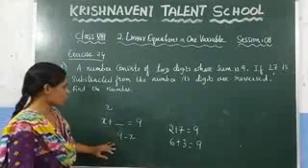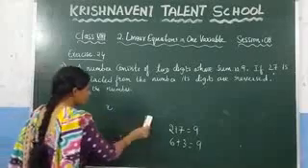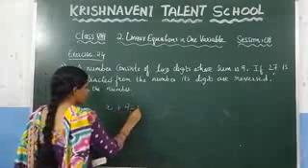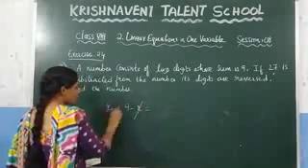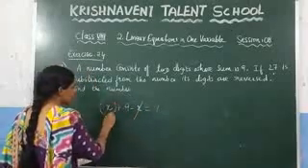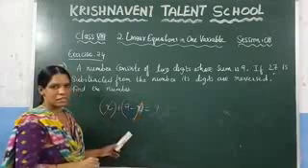Now we got the 2 digits, and they said that if you add those 2 digits, you will get the result as 9. You can check it here. This x will get cancelled, and you will get the result as 9. So we can take this x as 1 digit and 9 minus x as the other digit.